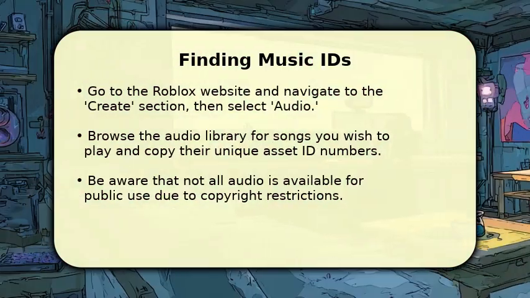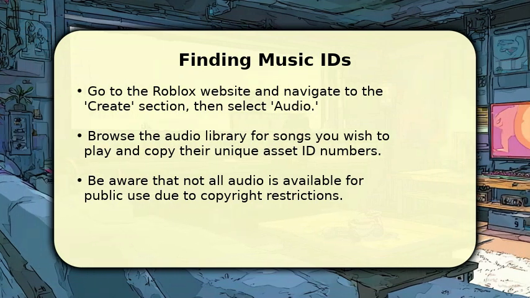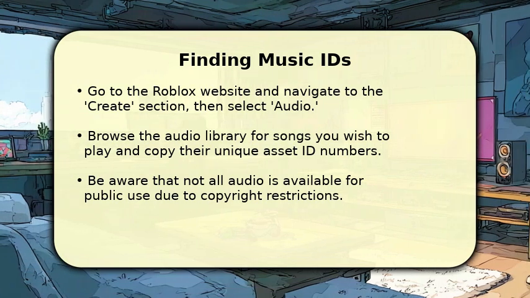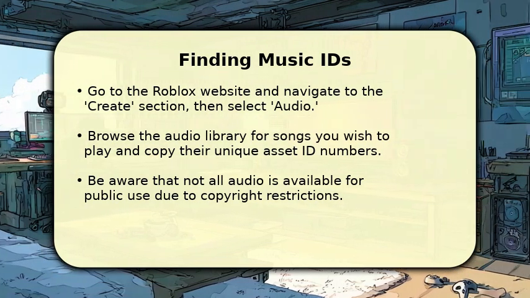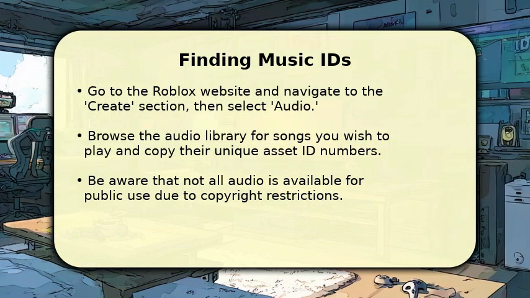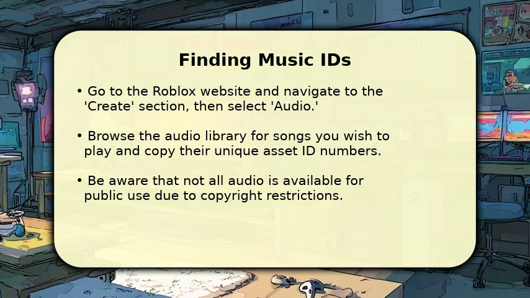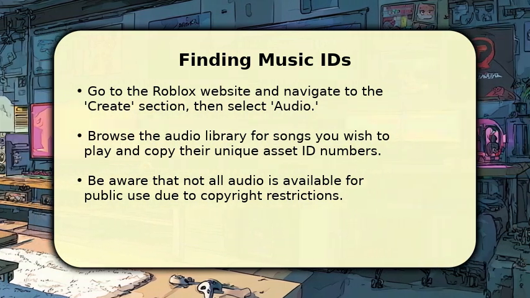Now let's find some music. On the Roblox website, navigate to the Create section and then select Audio. Here, you can browse a vast library of sounds and songs. When you find a track you like, copy its unique asset ID number. This ID is crucial for playing the music in your boombox. Remember, not all audio is available for public use due to copyright, so always ensure the track is permitted for